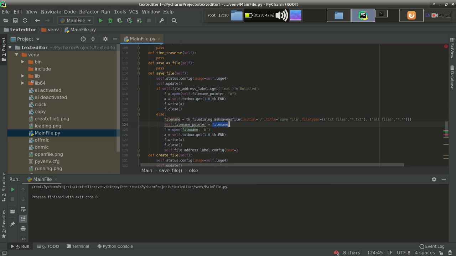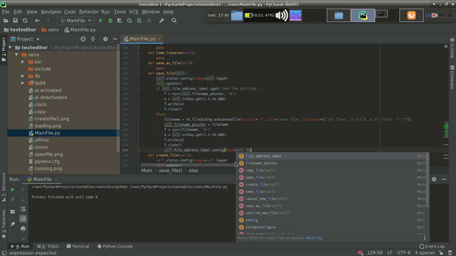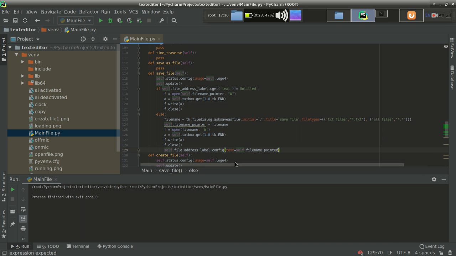I can use file name, or I can use self.file name pointer. Both are equivalent. This time I will use self.file name pointer, because last time I used file name. So just to avoid confusion, I am using this one. You can also use file name. Both are equivalent.